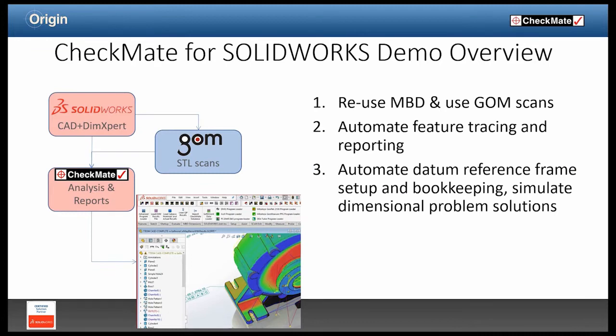In a moment, Cecil is going to show you how this works out in Checkmate in 3 different ways. First of all, he's going to show how you can reuse PMI from design and from GOM, and in fact work with GOM scan results directly inside SOLIDWORKS. Second, he's going to show you how Checkmate automates feature tracing and reporting and other tedious manual tasks. And third, he's going to show you how Checkmate automates the setup and bookkeeping needed to simulate solutions to dimensional